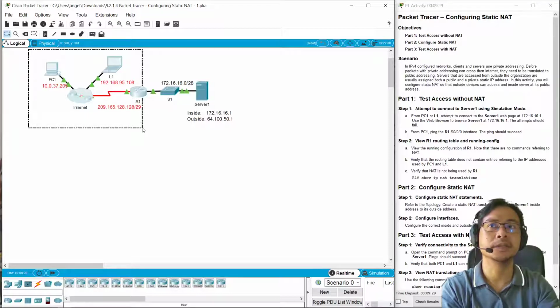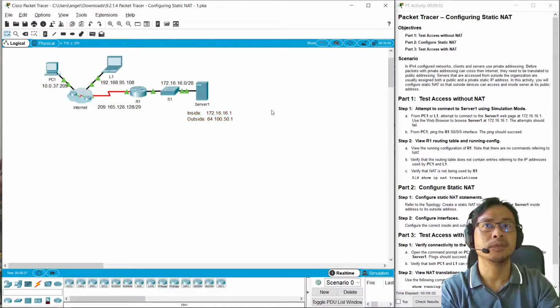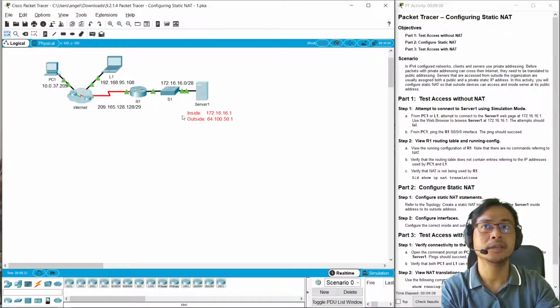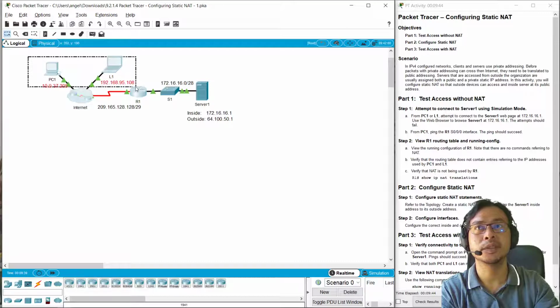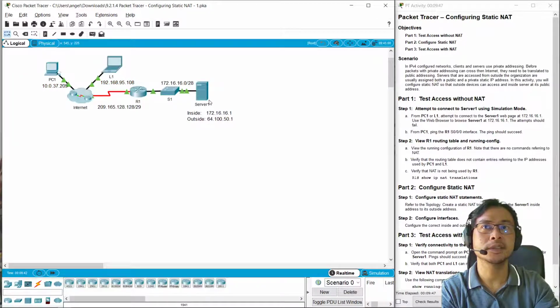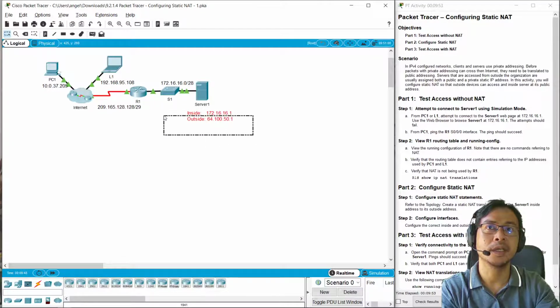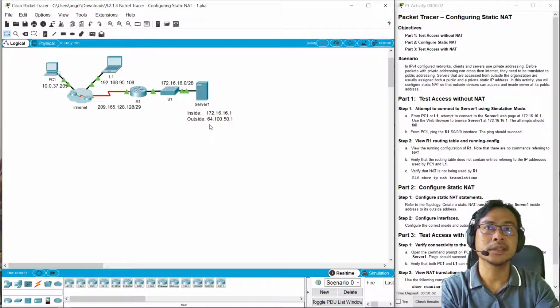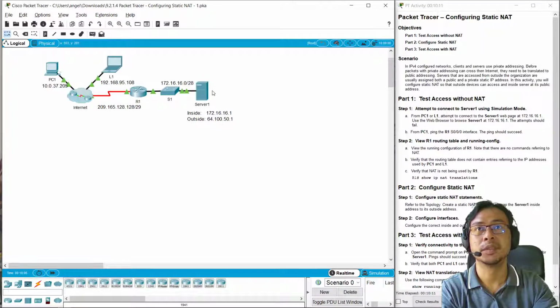The only problem is this server, of course, the 172.16.16.1 is not yet mapped in the topology, so that when this computer wants to access the server, it should be able to do so by, let's say, if this server should have an outside IP of 64.100.50.1. Whenever PC1 accesses 64.100.50.1,